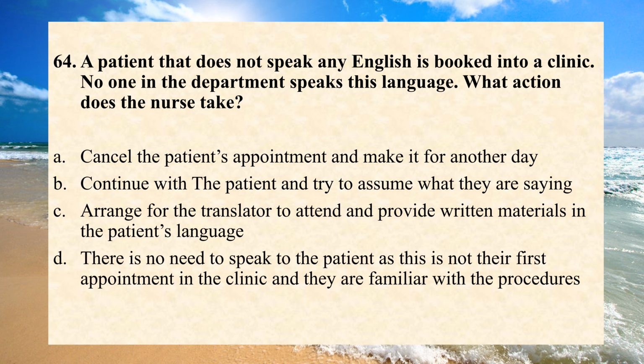Option D, there is no need to speak to the patient as this is not their first appointment in the clinic and they are familiar with the procedure. The answer is C. So even though the patient does not speak in English and does not understand the English, you have to attend the patient and you have to arrange the translator and also you have to provide the information in the language that is appropriate for the patient. But in this case, as patient does not understand the English, you can provide the written material in the language